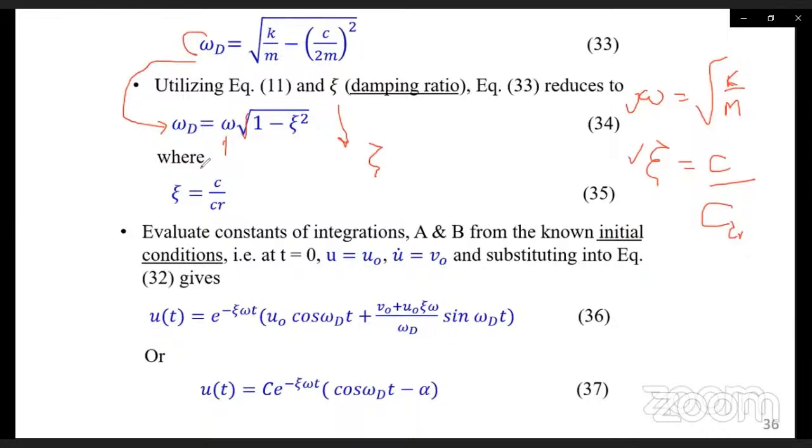So this is just a matter of simplifying how we can express it. Now we are seeing the damping frequency is a function of the undamped frequency and the damping ratio. All right. Now, the constants of integration, the ones that are in equation 32,